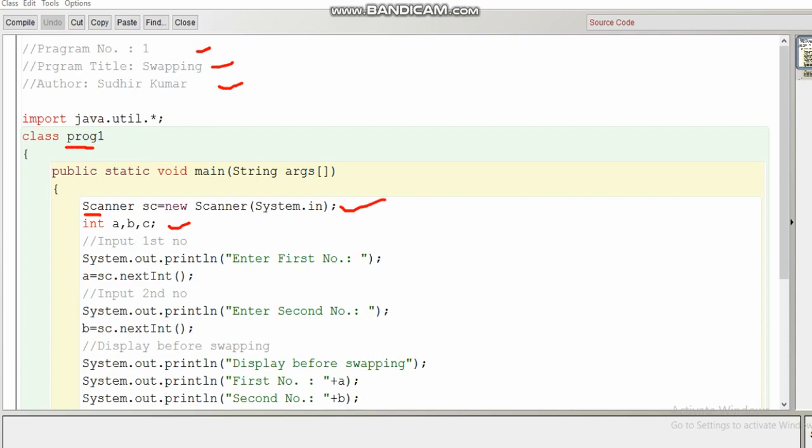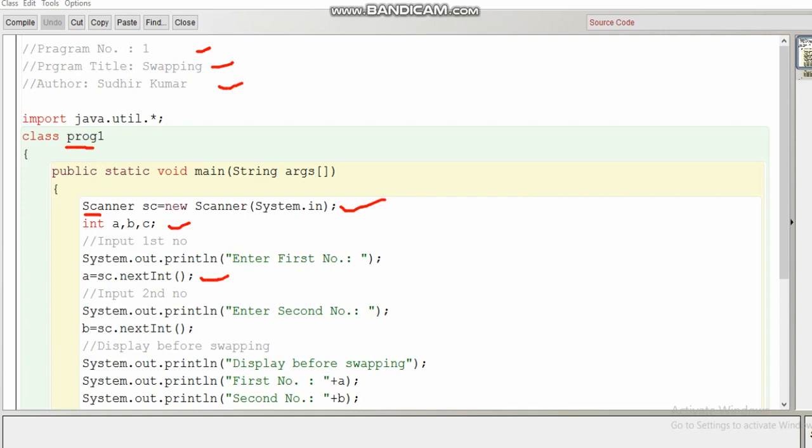First you have to write System.out.println enter first number, a = sc.nextInt. Actually the taking of the number is performed by this line only. This is for input operation, but the println line is used for messaging.